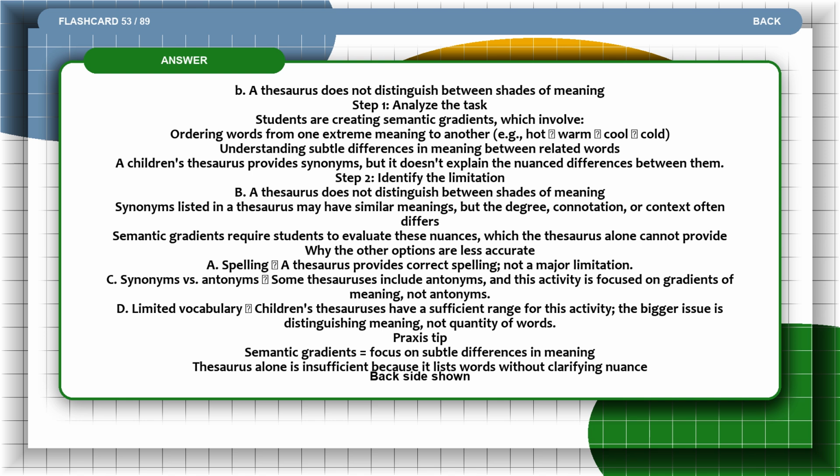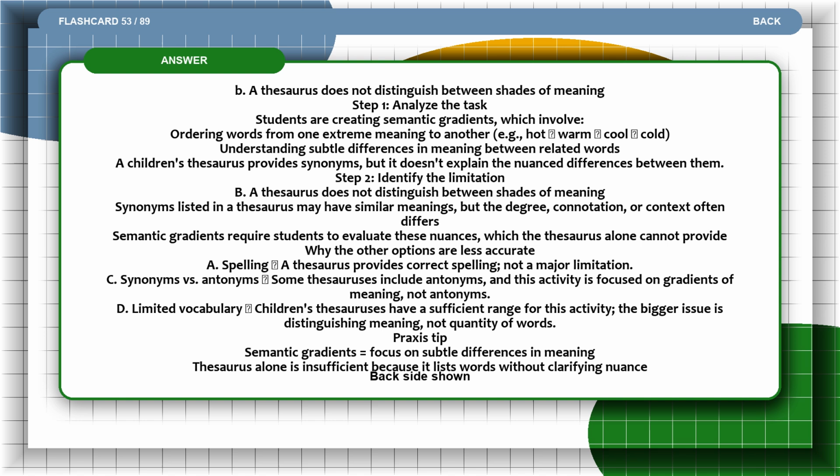Step 2. Identify the limitation. B. A thesaurus does not distinguish between shades of meaning. Synonyms listed in a thesaurus may have similar meanings, but the degree, connotation, or context often differs. Semantic gradients require students to evaluate these nuances, which the thesaurus alone cannot provide, while the other options are less